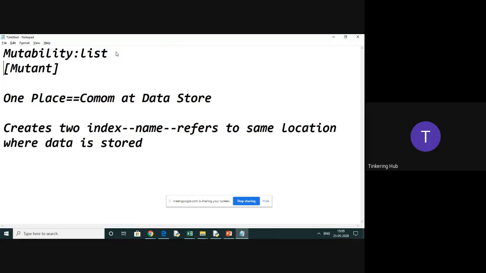If you think about Usain Bolt, for example, why is he a mutant? He has adapted so that when Usain Bolt is running and you draw a line, it will always be a straight line. Or think about Michael Phelps, a swimmer from America. If you see his body structure, it's like a fish, long arms and long legs, so he can swim faster. So they are real life mutants, and what is their advantage? What are their characteristics? They have changed themselves, right? That's why we call them mutable or mutants.